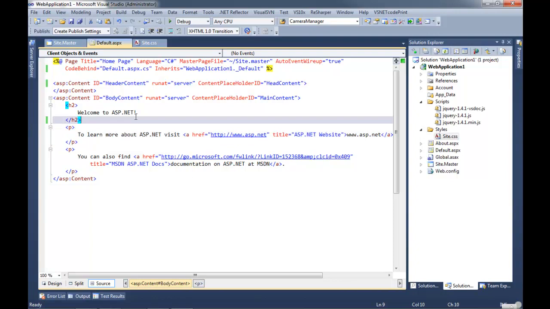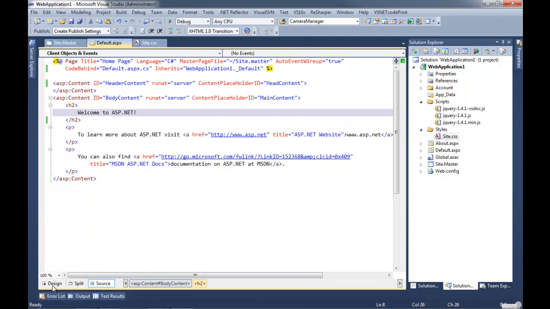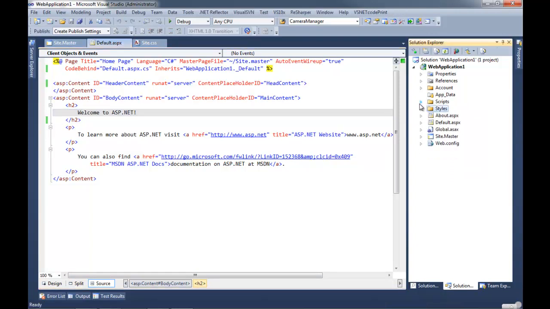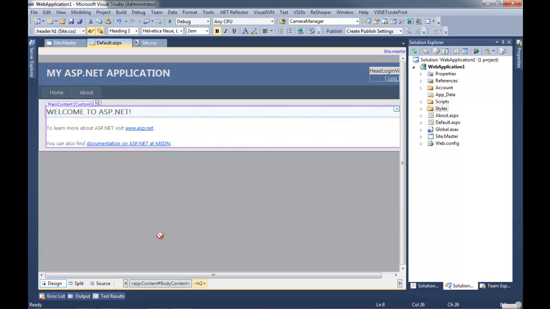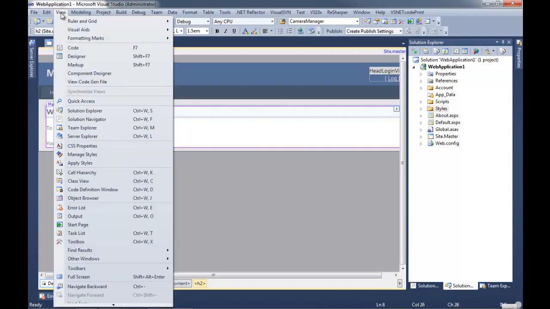So how do you actually write dynamic content with ASP.NET Web Forms? Remember, we're in Web Forms. Is there a way to tell for someone who's new to working with this? How do I know I'm in Web Forms? You know you're in Web Forms when you do not see an MVC application over here. It's kind of hard to describe. The folder structure for an MVC application is completely different. Is it not a bad idea to tell them that you can mix the two together? Yeah, you can. We'll get into that when we get to MVC, because I have to explain MVC first. Sure, but I just want people to know that it doesn't have to be Web Forms or MVC. It can be a mixture of both.